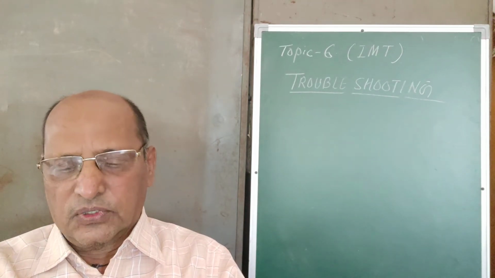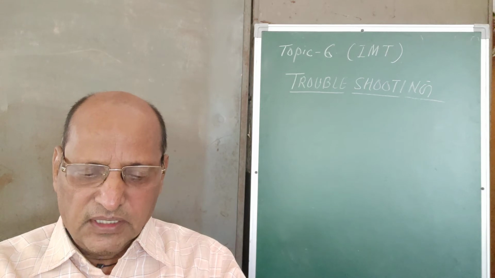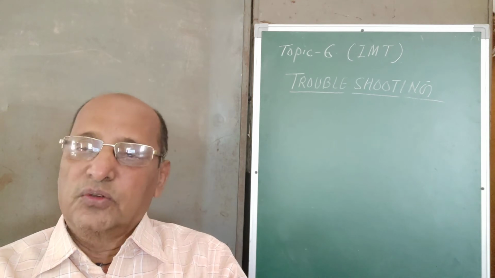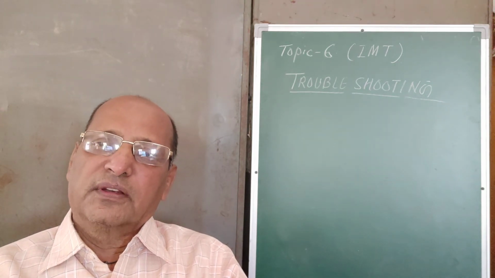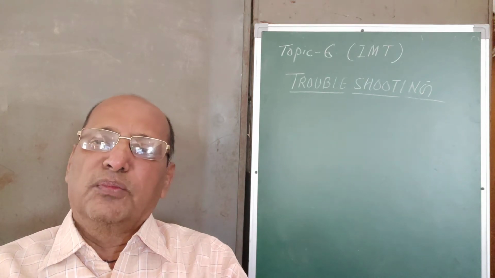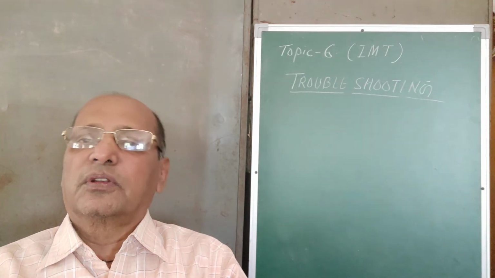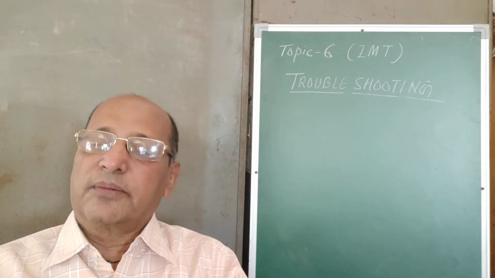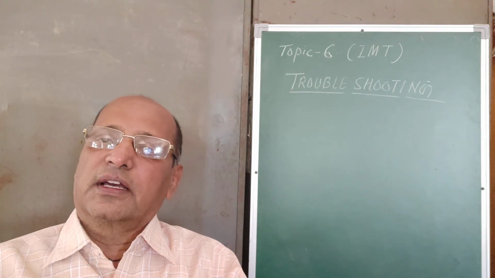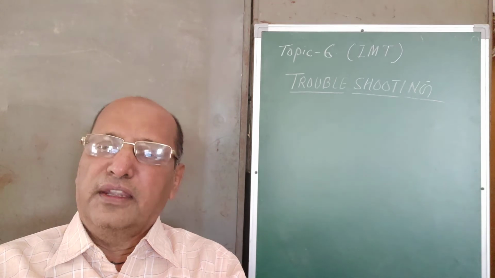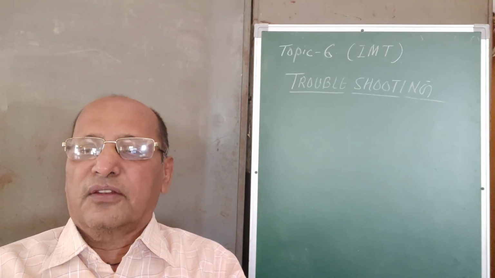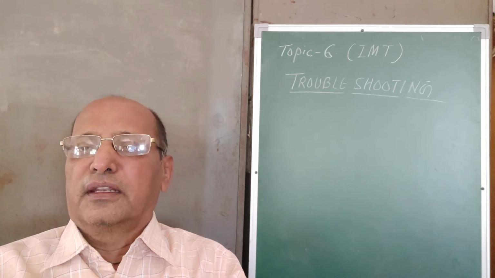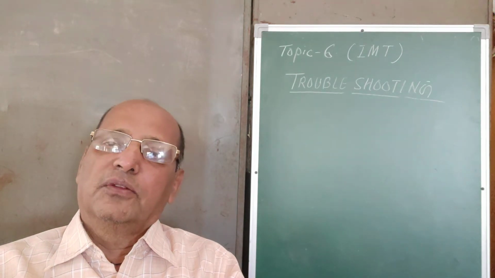So in this particular topic on troubleshooting, I have given the meaning of troubleshooting. Whenever any equipment creates trouble in its operation, it is called trouble. And shooting means when we rectify this particular problem, then it is called troubleshooting. For troubleshooting, you have to go step by step. First you go for the external inspection or external findings for the equipment, and if external findings are okay, there is no problem, then you go for internal findings. Internal findings, if you find some problem, then you have to rectify.